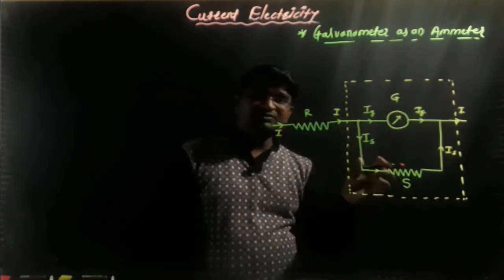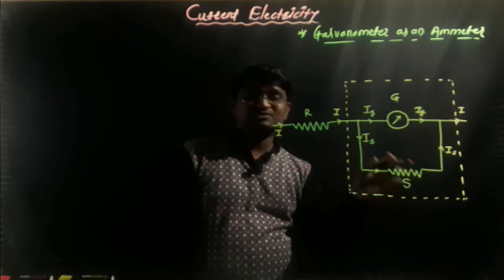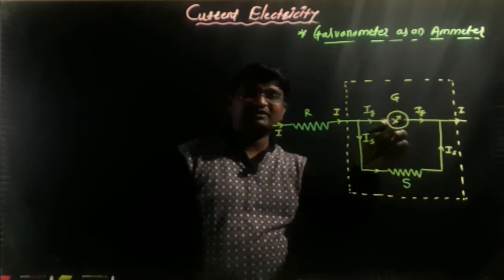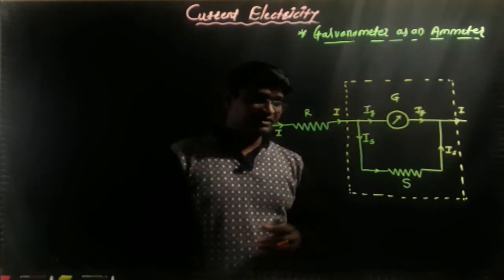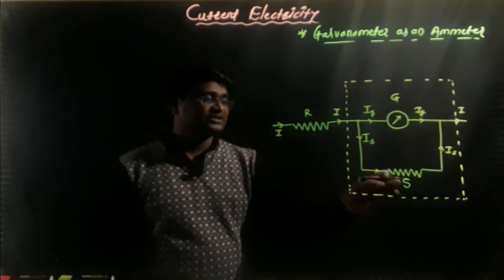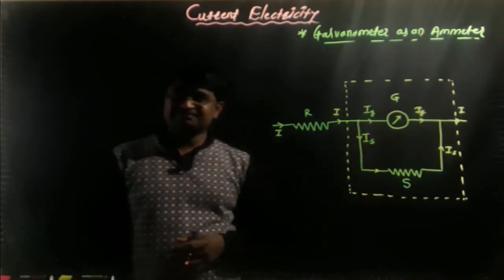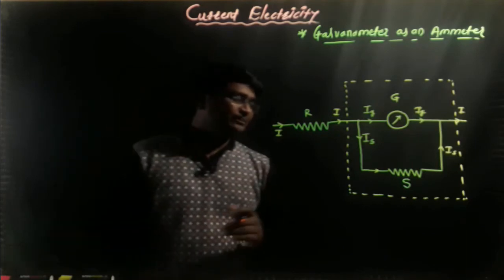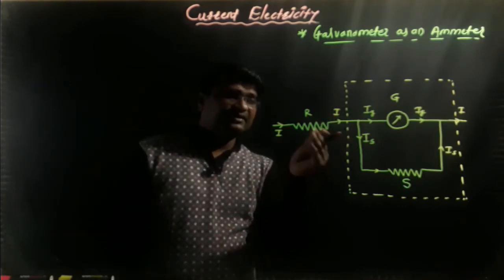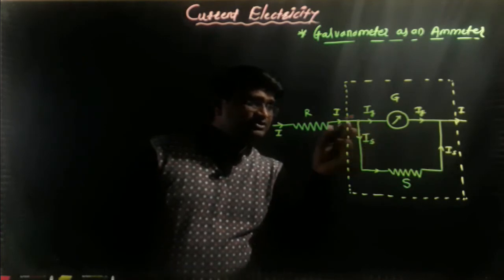So how much shunt resistance, that is low resistance, is connected in parallel with the moving coil galvanometer, so that it works as an ammeter? So initially we find out the value of S. How much shunt resistance is connected with the moving coil galvanometer so it works as an ammeter? Okay, so let's see here. So I is the total electric current passing through the junction. Okay, when the electric current reaches the point of junction, it will split.